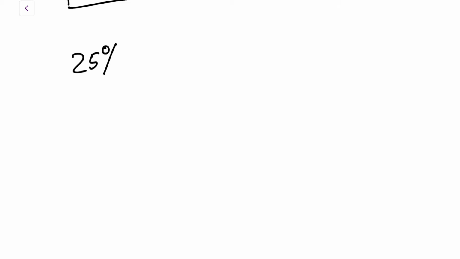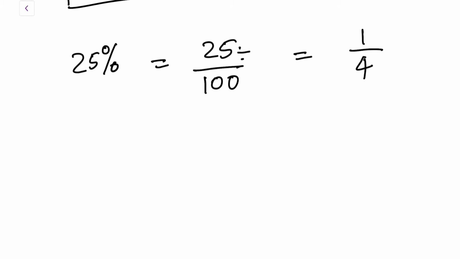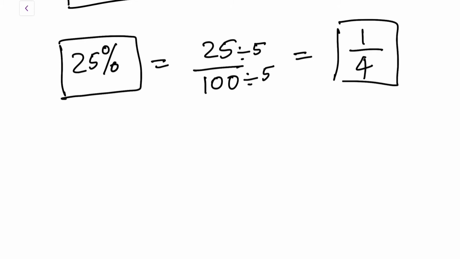That's it. Now tell me, how can you change a percentage into a fraction? All right, 25% is given. How do you change this into a fraction? That's it, again just divide by 100. 25 by 100, and the simplest form will be 1 by 4, because 5 is your HCF. Divide both numerator and denominator by 5, you get it as 1 by 4. So you see, this is how you can express a percentage as a fraction.